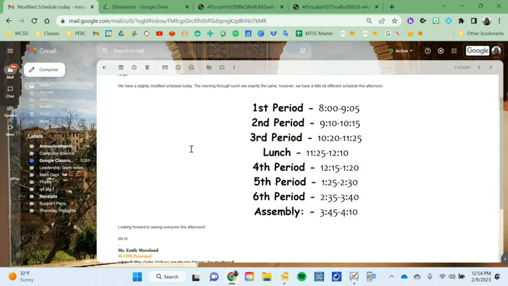X is manicure. Okay, so 14x equals... I've got to go from 14 down to 7. But what's the opposite of